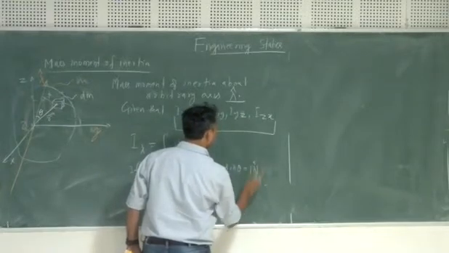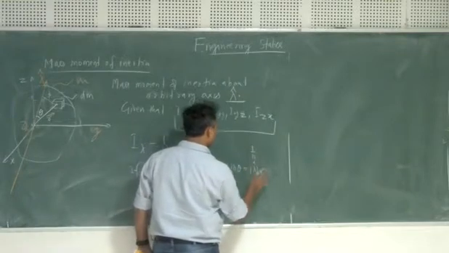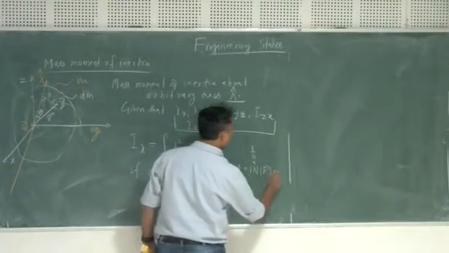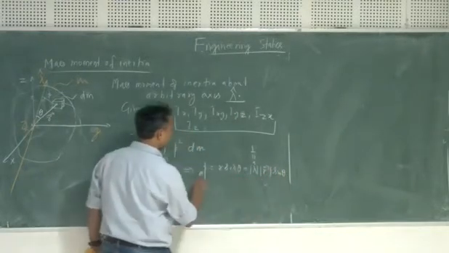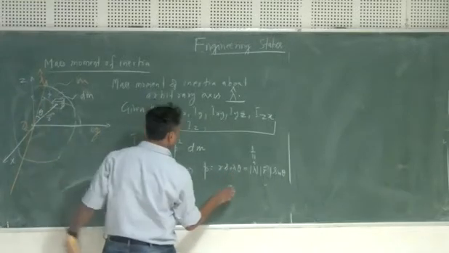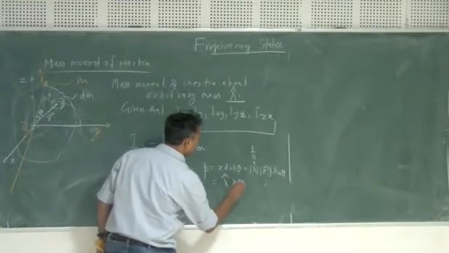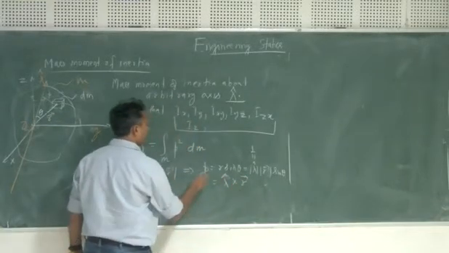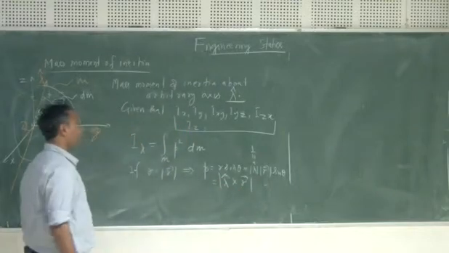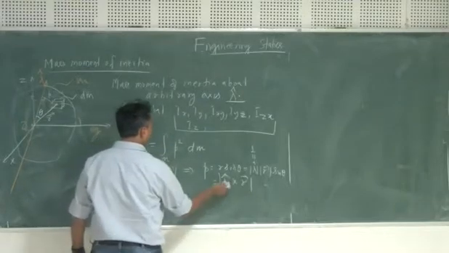lambda magnitude is obviously the magnitude of R, which is given like this, and sine theta. R sine theta is nothing but lambda cross r, right? So this particular thing, lambda cross r magnitude. So this particular thing is nothing